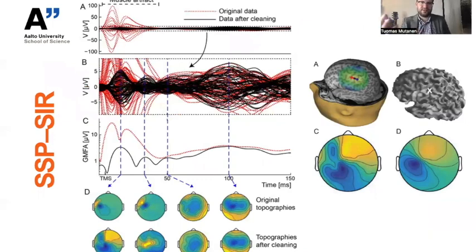Now, here you can see some TMS EEG responses that we have cleaned from these muscle artifacts. The red ones are the original signal and the black ones are after cleaning. You can clearly see that under these very high frequency topographies, we can actually uncover topographies that are much more spread out and actually do correspond to the topographies that you would expect from the primary motor cortex if we do some further forward modeling.